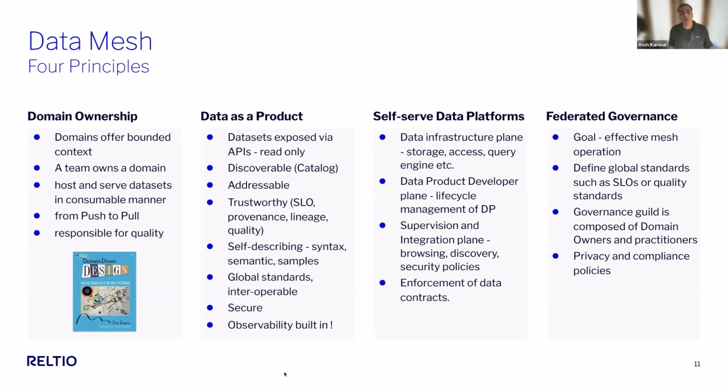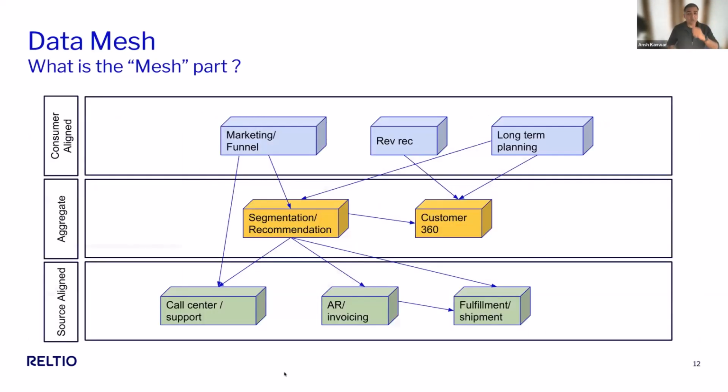Yeah. So getting to your question, Chris, the domains are divided up, at least from a data mesh perspective, into source aligned, consumer aligned, and aggregate domains. The source aligned domains are what we've been talking about so far, right? That is what comes from the operational systems. So a call center is producing data about the calls it is receiving. Who is calling, how long the call was, what was the disposition of the call, and so on and so forth, right? That's a domain.